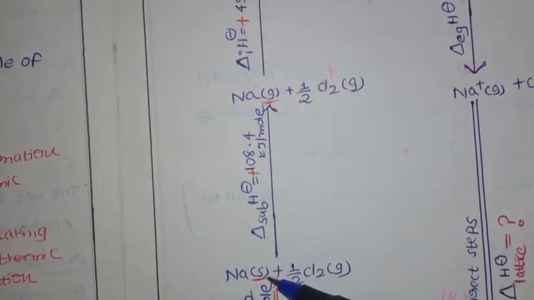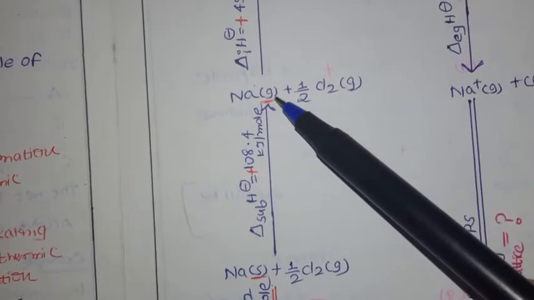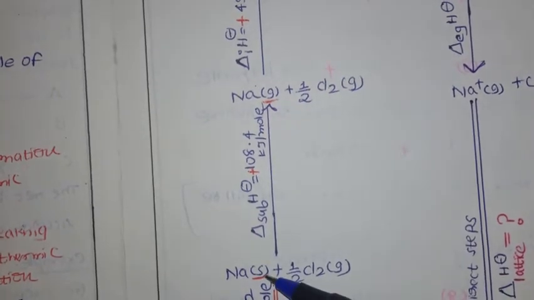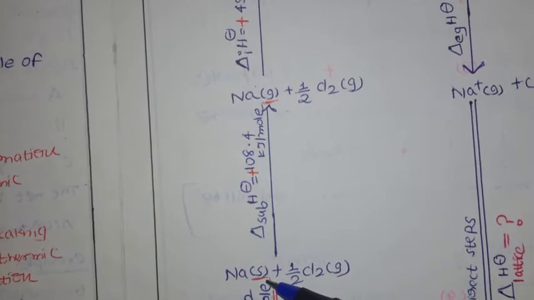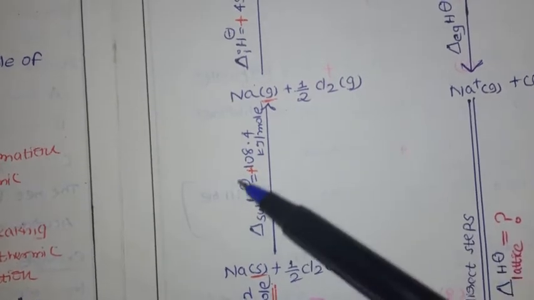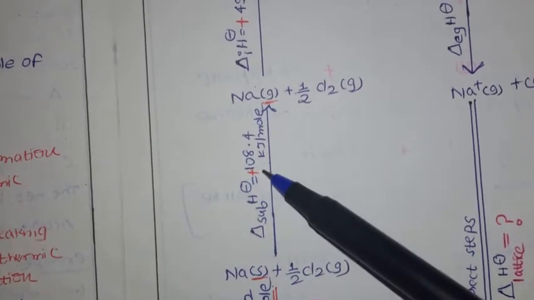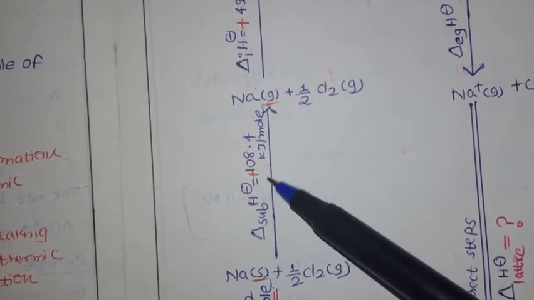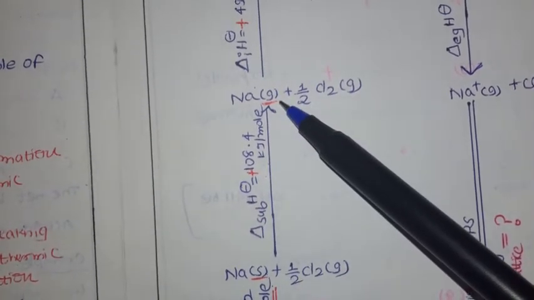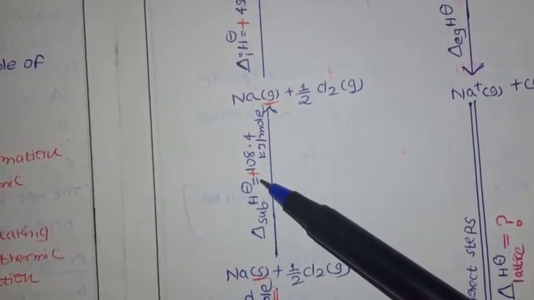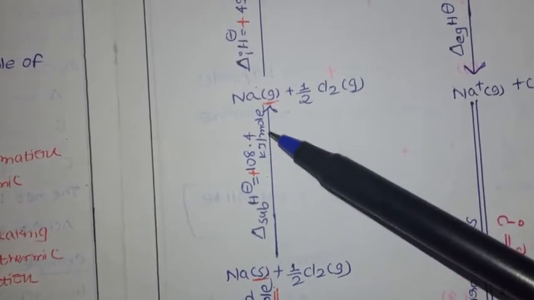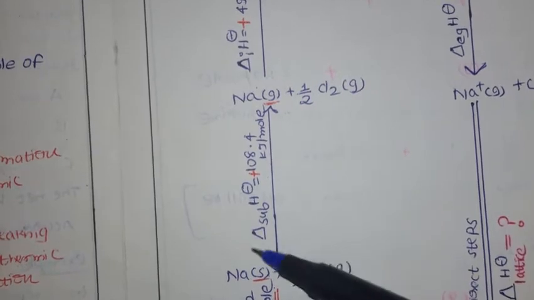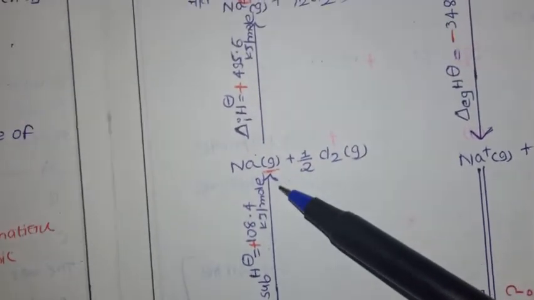As you know very well, solid directly converted into gas is sublimation. Sublimation is an endothermic process, meaning it is going to absorb energy. So sodium solid is converted into gas. How much energy is going to be absorbed here? Because we already discussed that solid converted into gas is endothermic, you are going to get some amount of energy, that is plus 108.4 kilojoule per mole. So this is the enthalpy of sublimation.